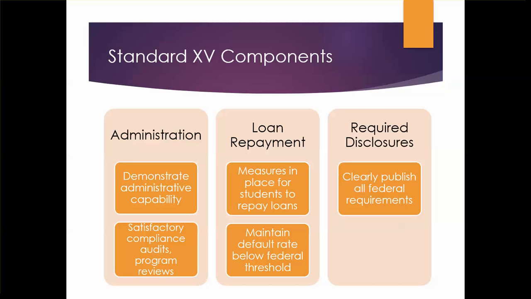Required disclosures. The Department of Education does require certain disclosures are published, and these are per federal regulation, and you will get these. The catalog contains the required policies, what those policies should be, and describes the financial aid programs that you participate in and how students can maintain eligibility. Now, all of this information is given to you by the Department of Education, by the Title IV representatives when you participate and when you receive your program participation agreement. It is just up to the Commission and the reviewers to double check these when we do a review.